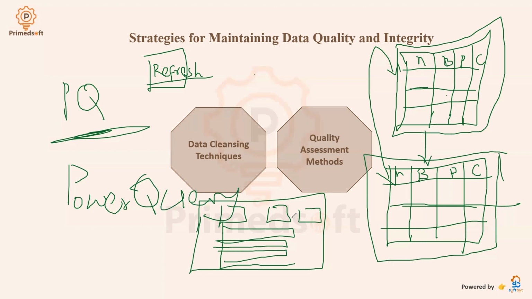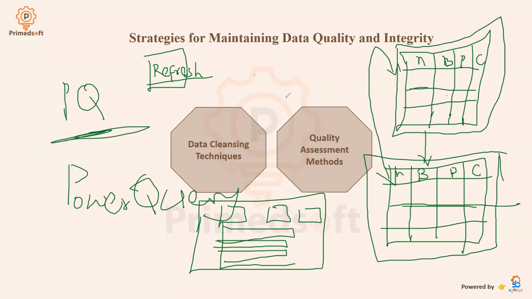And part of the strategy is to conduct regular audits and validation checks to maintain data integrity in the pipeline. So regularly, when you see some job out there, they will say you will be monitoring and maintaining data pipelines. That's what we are talking about. Some people's job is to maintain data pipelines, so that if the pipeline fails, they quickly check the error log and fix it.